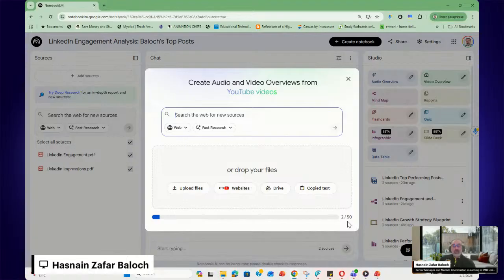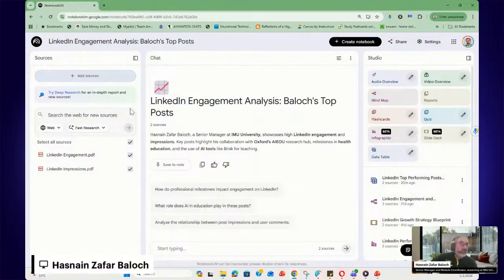Yeah, they allow you to upload 50 files, and then it will convert. The first thing it will do is convert all these resources. You can select whichever resource you want to be added in to summarize. These are two of the resources I have uploaded here, using my LinkedIn engagement analysis, and